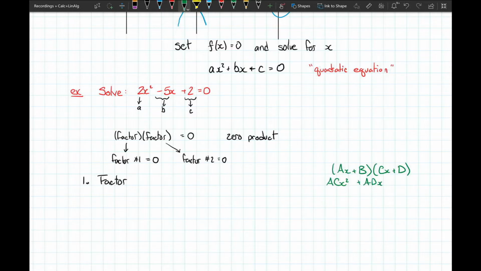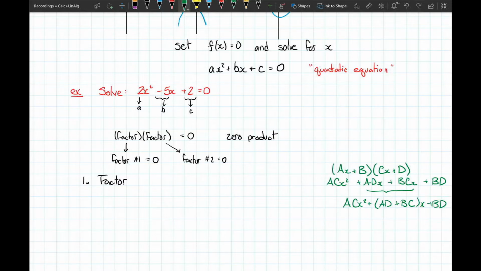Multiplying the inside terms, bcx. Multiplying the last two terms, bd. Now you'll notice that the two middle terms can combine together: acx squared plus a single term with an x, (ad plus bc) times x, plus bd. And you can see that when you have (ax plus b) times (cx plus d) and you expand and collect,